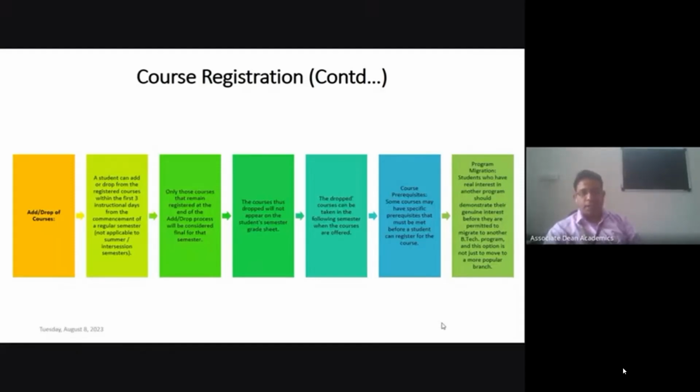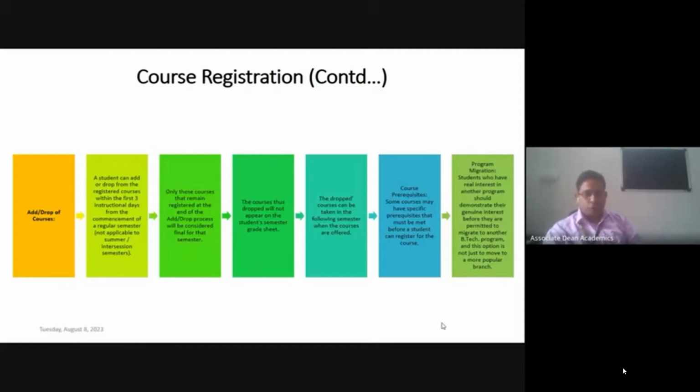Dropping a course is only applicable for a regular semester, that means winter semester or fall semester. So once you have completed your course registration process and classes have started, within 3 instructional days you have to decide whether you want to continue that course for the whole semester or drop a particular course after 3 classes.